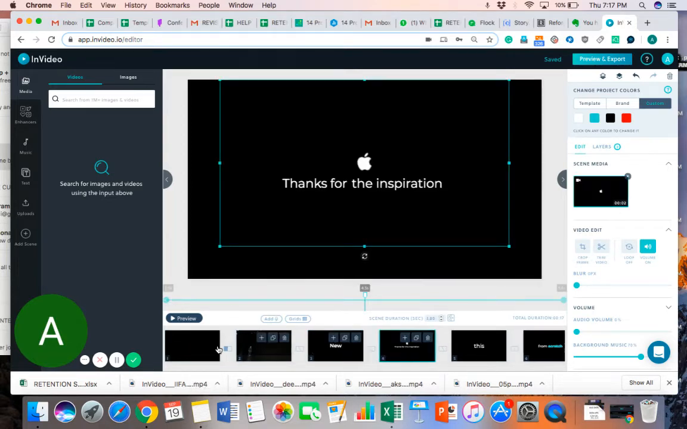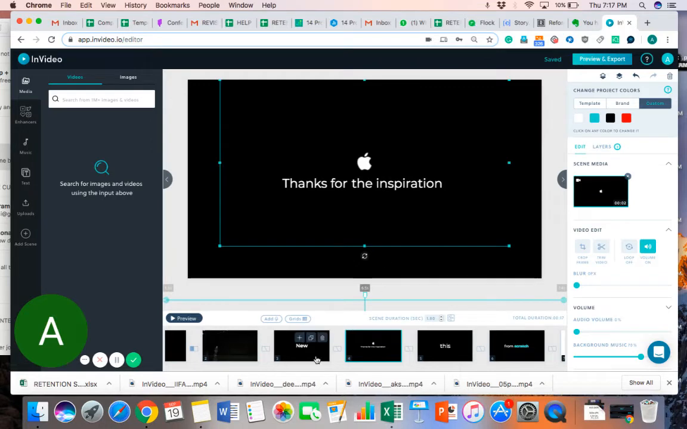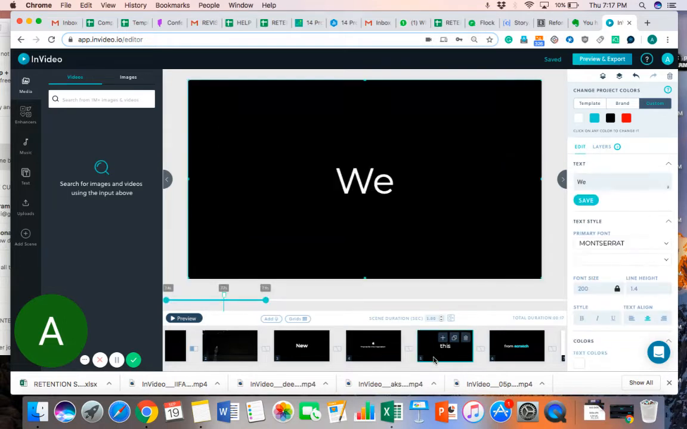And let's go to the fourth one. This is just the Apple logo coming in with text that says thanks to the inspiration. Now, obviously, I wouldn't want to club this with the third scene. I could have, but it just complicates things for me. So I've kept it as a separate scene. Now, when I come to the fifth one,